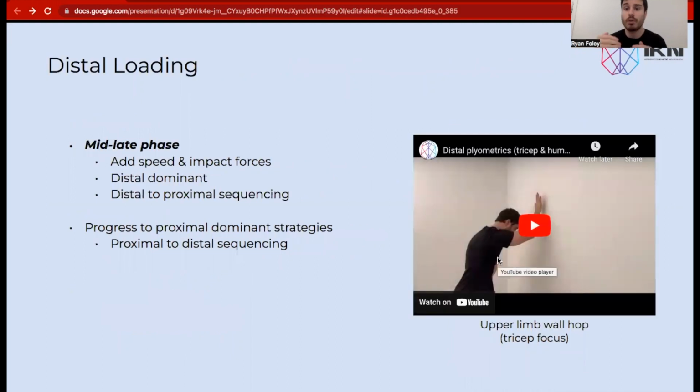And then as we progress our loading strategies, again, we're not just going to jump into these kind of hopping strategies, but I just wanted to give you an idea of how we can really challenge the distal tissues a little bit more. We can add speed and impact forces to the distal endpoint of the limb. So it's more of a distal dominant strategy. We're improving that distal to proximal sequencing, where the distal tissues are building that capacity to manage those forces, because